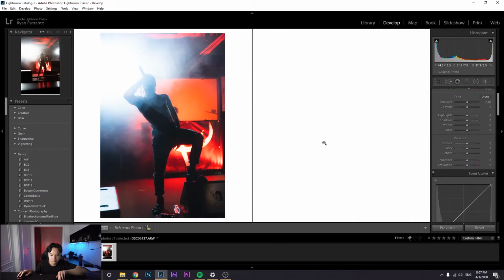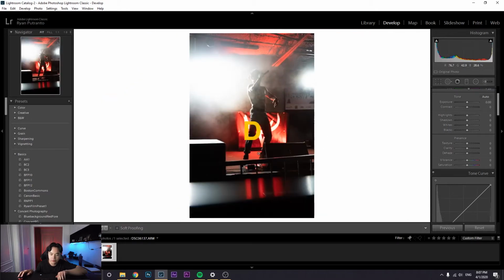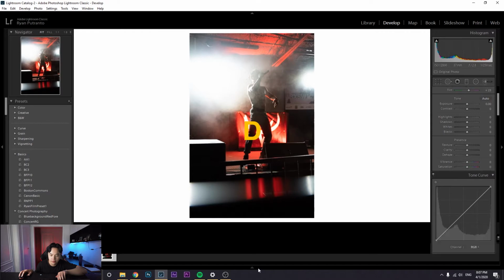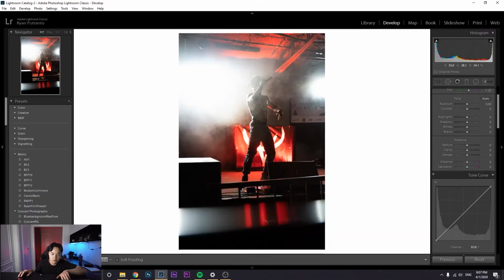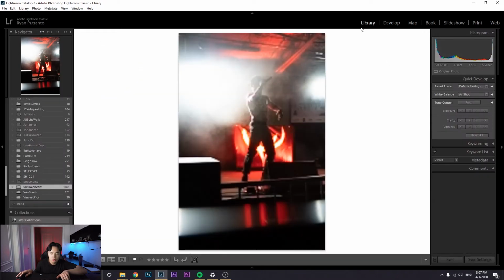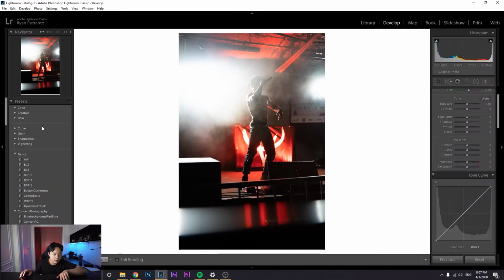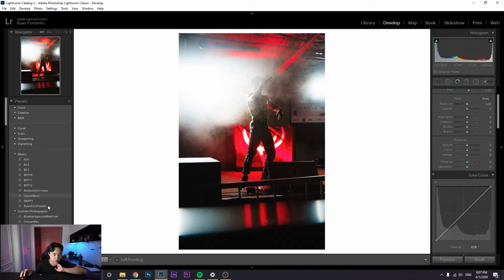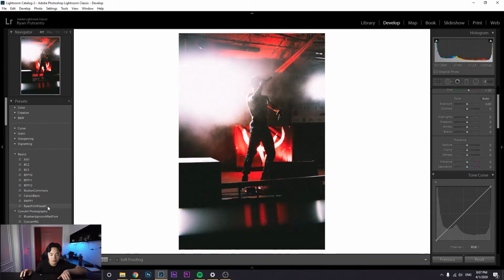There. And then you just hit D if you want to exit out of that view. So usually I'll edit the photos from scratch, but if for whatever reason I'm in a time crunch, I can use my presets, and then